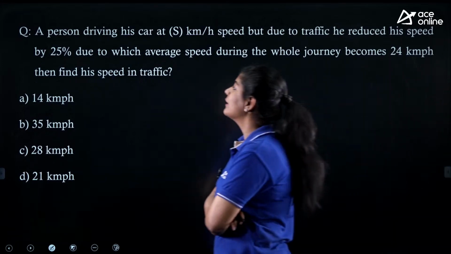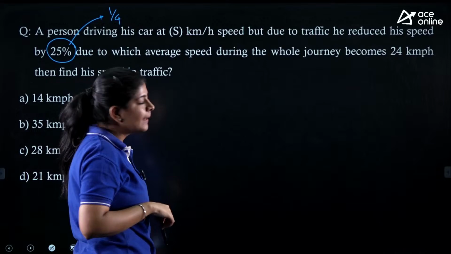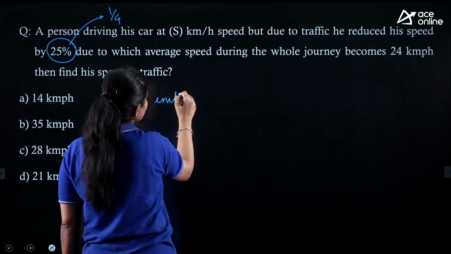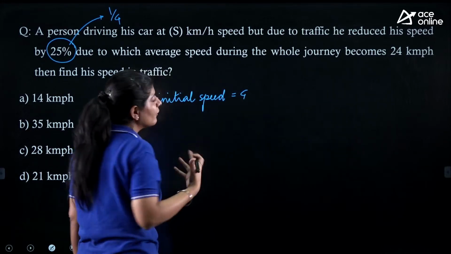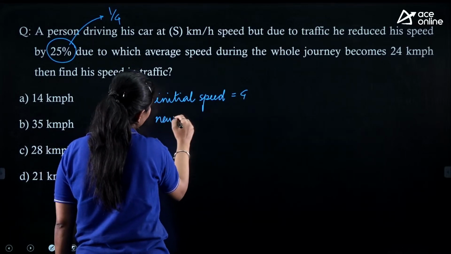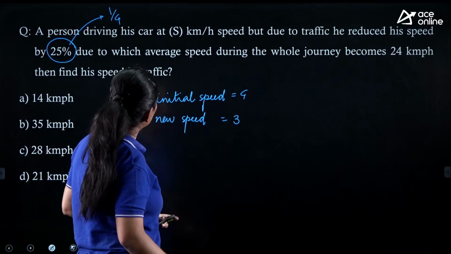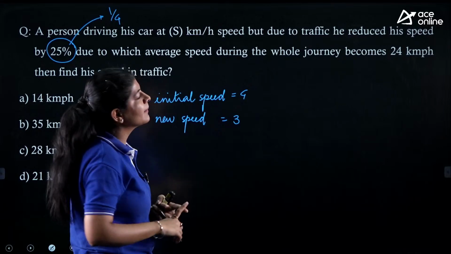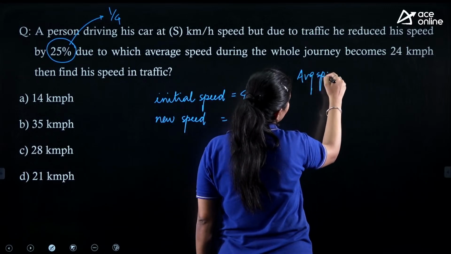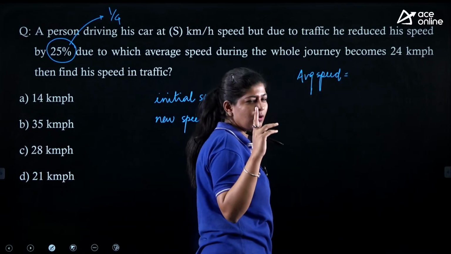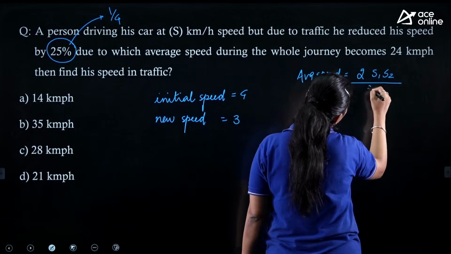Look, we know that 25% can be written as 1 by 4 in the fraction, right? If the initial speed, I am just assuming, is 4, then the reduced speed, or the new speed that we got over here, is 3, as the speed is reduced by 1. Now the question is saying that because of this, the average speed during the whole journey becomes 24 kilometers per hour, and we know that the average speed of two speeds S1 and S2 can be written as 2 S1 S2 divided by S1 plus S2,